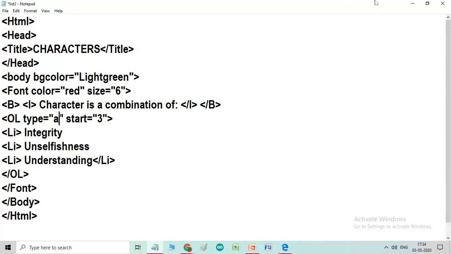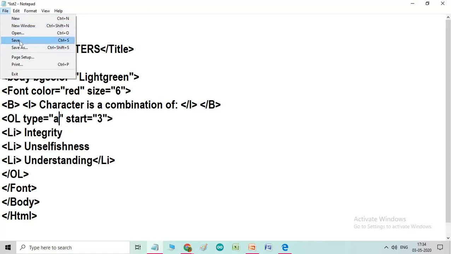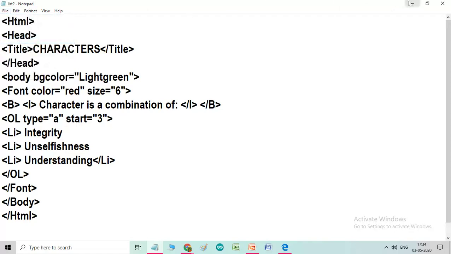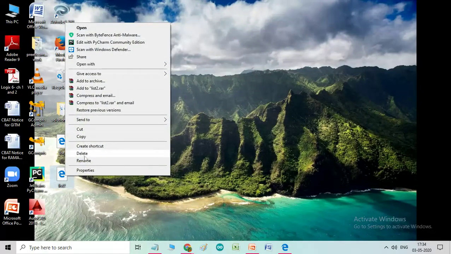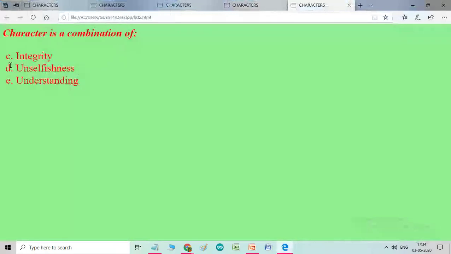Just see the result, then you will automatically understand. Save. See, it starts from alphabet C, D, E. It means 1 is for A, 2 is for B, but we have specified 3, so it will take the alphabet from C, D, E.